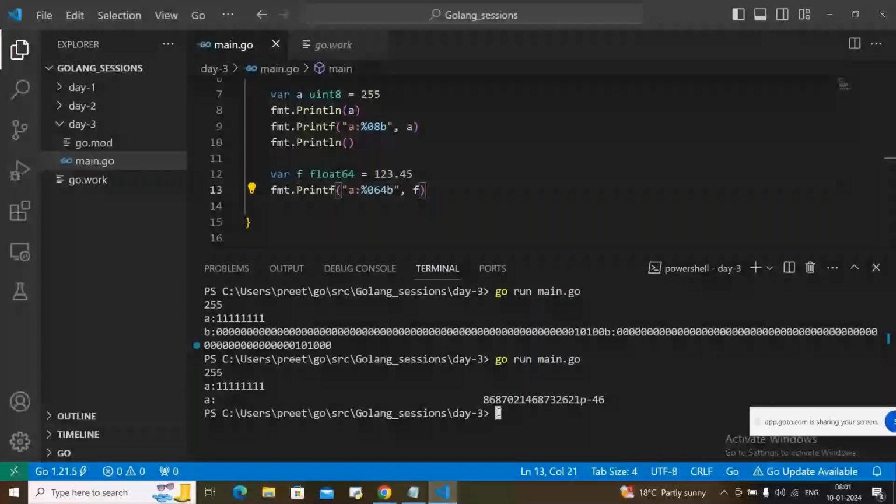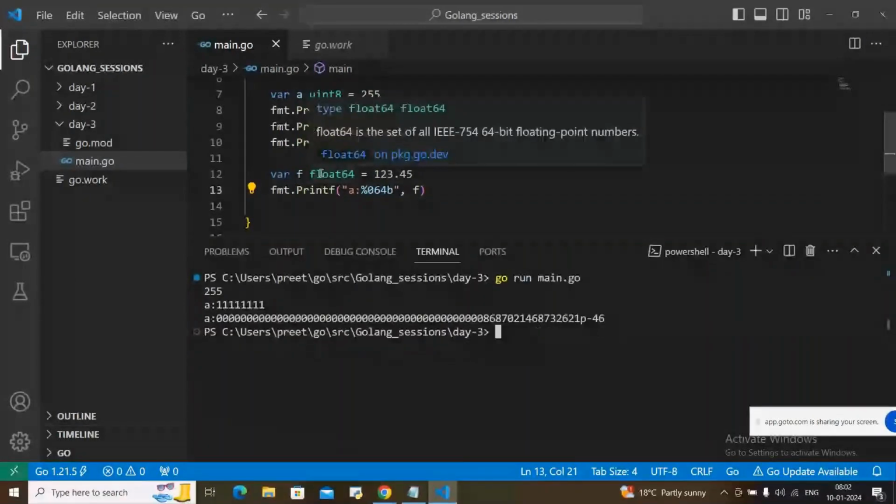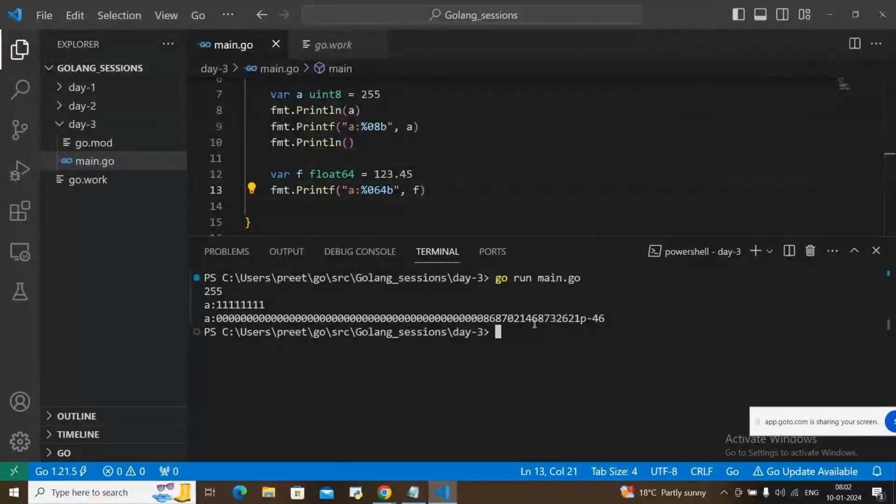But you don't need to worry about it. Internally it will do the conversion for you when the compiler executes the program. So not too much here, but this is how the conversion will happen from the high level language to the low level language, which is understood by the machine. So